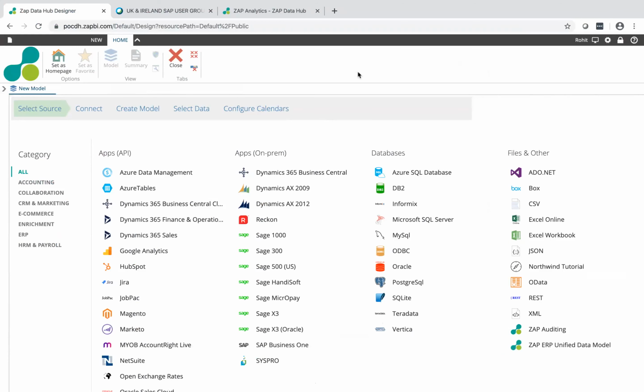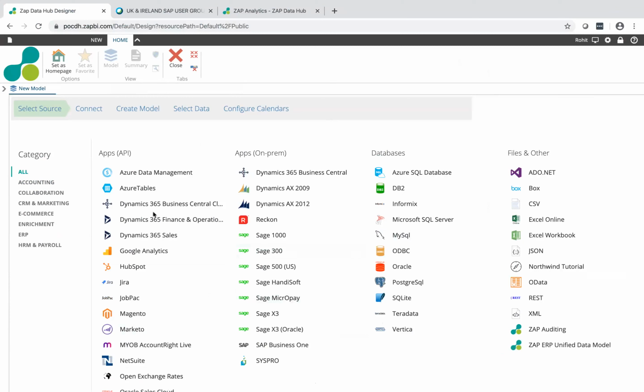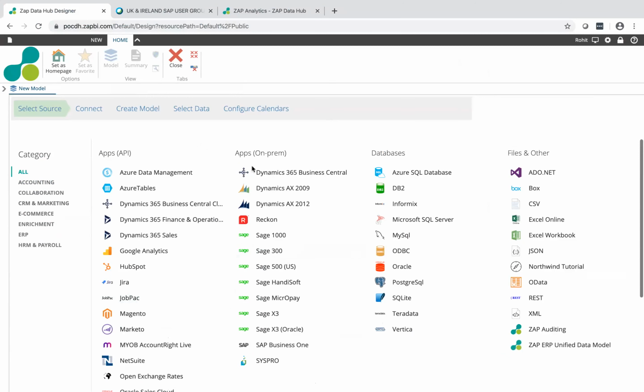So this is ZAP. This is all web-based. I'm using Chrome, but you can use any browser. It's all HTML5-based, so it resizes to the screen. On the analytics side, you can view it on tablets, smartphones, and so on. In terms of connections and solutions, we've got loads of solutions, but fundamentally, we either connect to one of these applications, e-commerce, ERP, CRM being some of the popular ones we work with, or we've built full-blown solutions for vendors. We work with Sage, Microsoft, Syspro, and SAP. But if you're unable to bring the data that way, we bring it either through the database or through files. That's how we connect and bring the data.